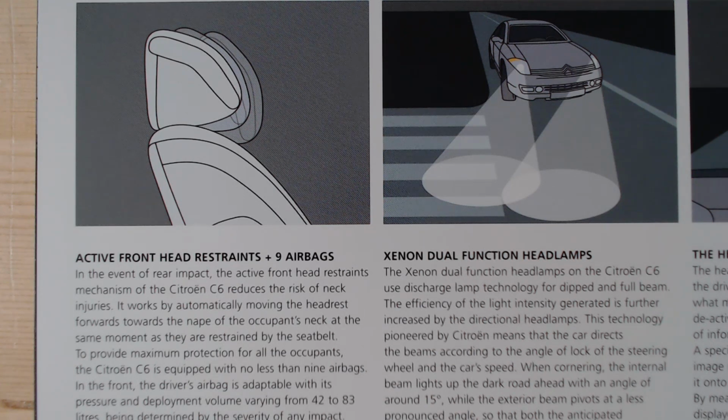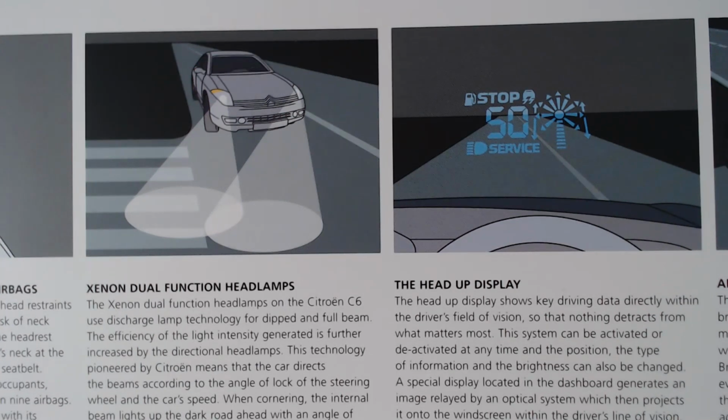Then we've got the Xenon dual functional headlamps. It says the Xenon dual functional headlamps on the Citroen C6 use discharge lamp technology for dips and full beam. It also goes on to tell us about this technology pioneered by Citroen, which means that the car directs the beams according to the angle of the steering wheel. This goes all the way back to a long time ago, where with the big old Citroens, you turn the steering wheel and the headlamps used to point in the direction your steering wheel was pointing, which I always think was a great idea, and it's surprising it never really caught on. We have, of course, this heads-up display,